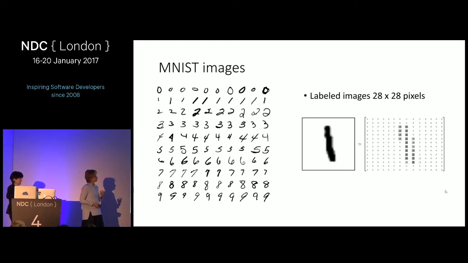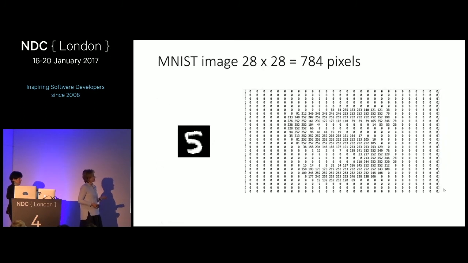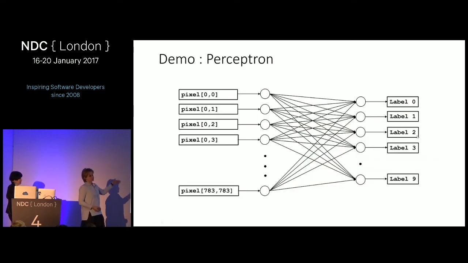And what we do, we have images that are 28 by 28 pixels, and it looks like that. And then it's just the grayscale intensity of the pixel that we see in the array. And what we do actually, we take each pixel and we reshape it into a big array. So we don't use it as a matrix, we use it as an array. And that becomes our input layer. So it's pixel 0, pixel 1, pixel 2, and then we come to the end.